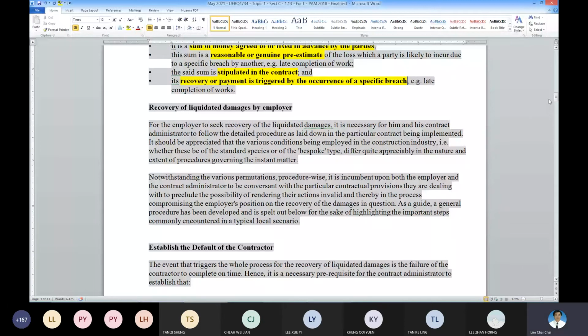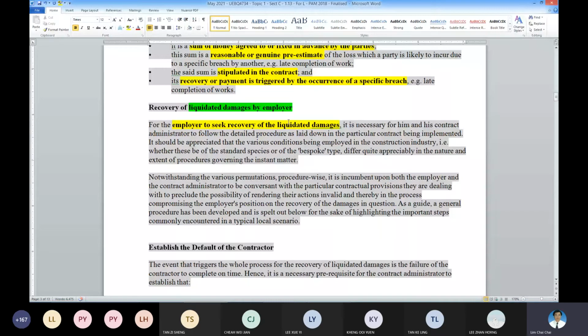So be careful, this item here on the liquidated damages, it is only the employer who has the right to exercise it, not the architect. The architect only does all the paperwork administratively under the contract, under your PAM. But once this is triggered, it is up to the employer to seek recovery of the LD. The architect and QS can only recommend what figures to deduct, but never touch this in your certificate